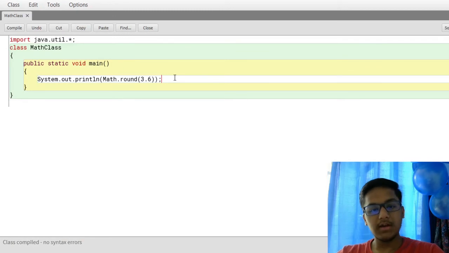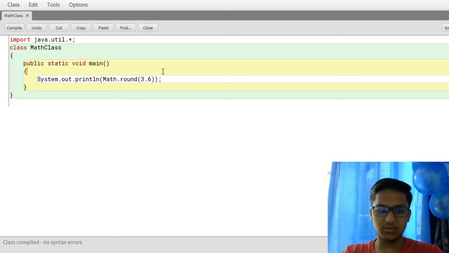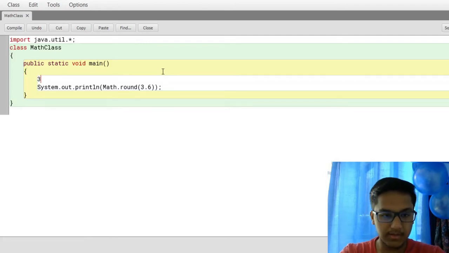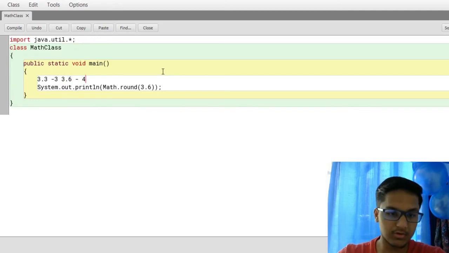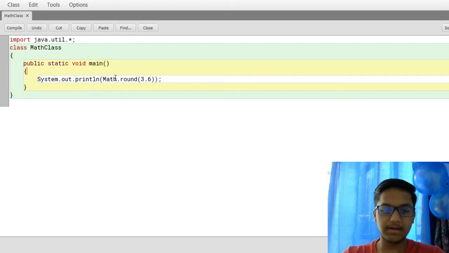Now we'll be looking into the round function. As you know, in basic math, we round off a decimal number to its closest whole number. So let's say we have the number 3.3. This number will be rounded off to 3 because of the basic rounding rules. And 3.6 will be rounded off to 4 because that's much closer. Like that. To do this in Java, we have the Math.round function, and it can be invoked in this